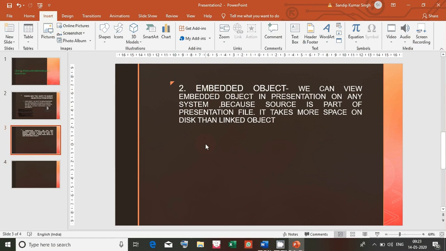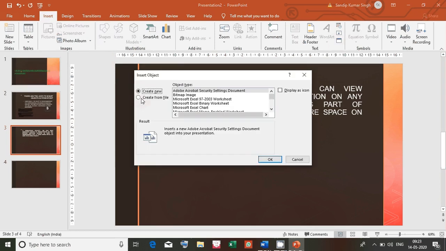Embedded objects are actually part of our presentation, and even if you go to any other computer or any other program, this will open up. Like here we go again, Insert Object. Suppose we create one object this time, a bitmap image.